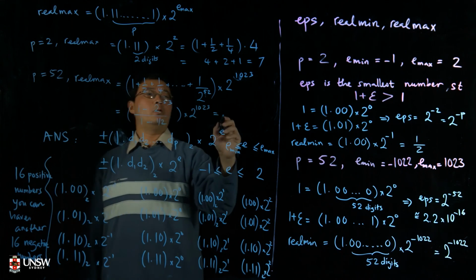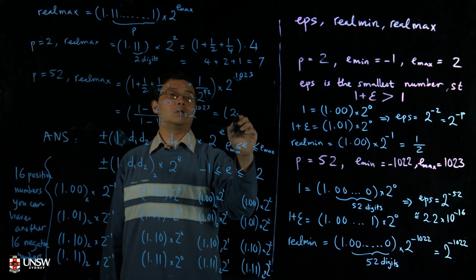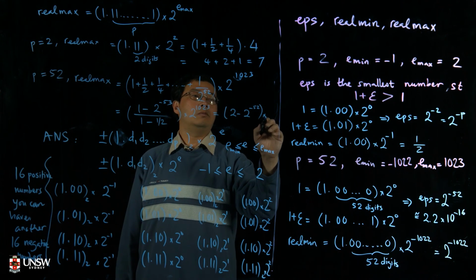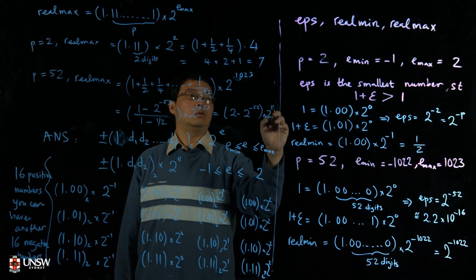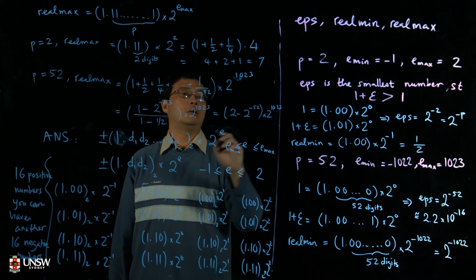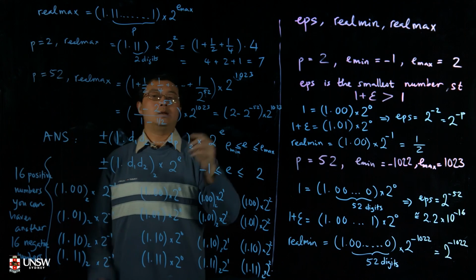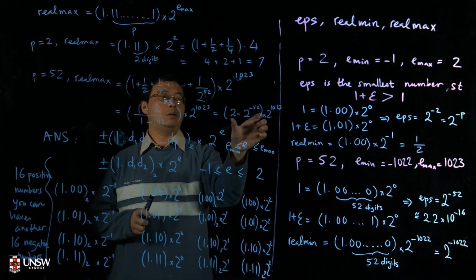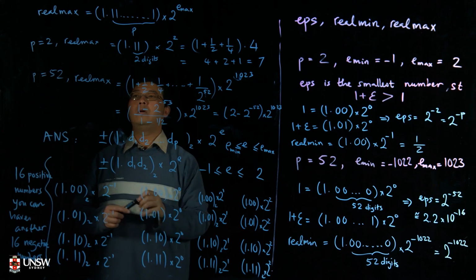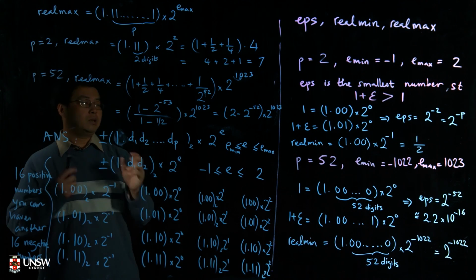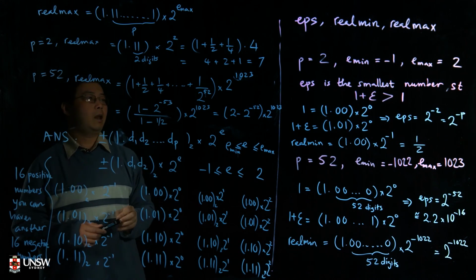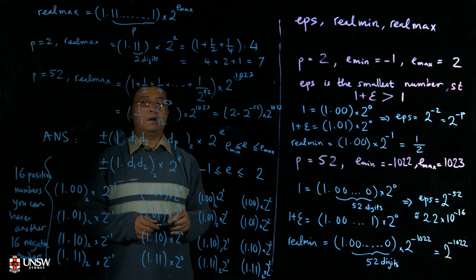And so this one will be 2 times 2 to the minus 52 times 2 to the power 1023. Okay, so this is a big number. You can type it in MATLAB to get the constant here. But this is the maximal machine number, the maximal real number that you can represent using MATLAB. Okay, so we've done